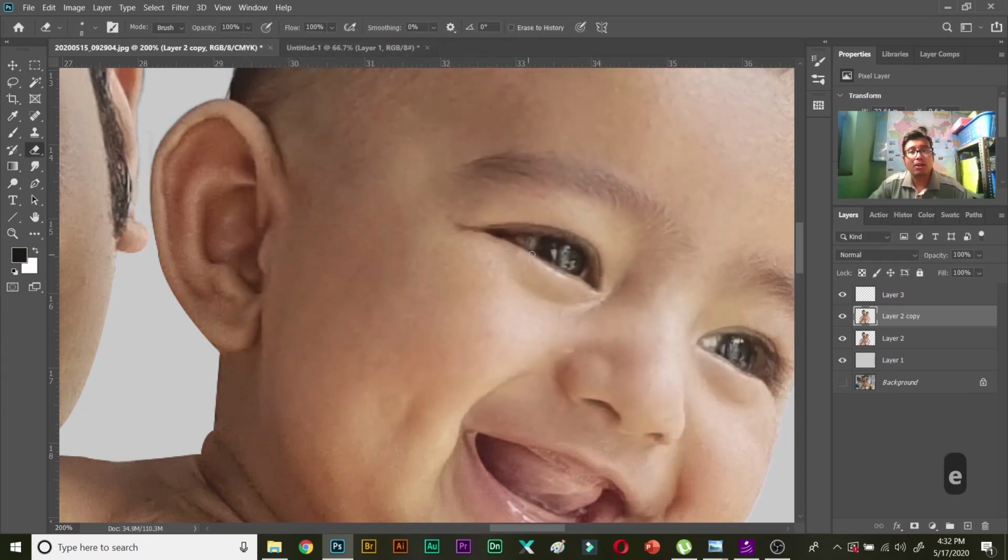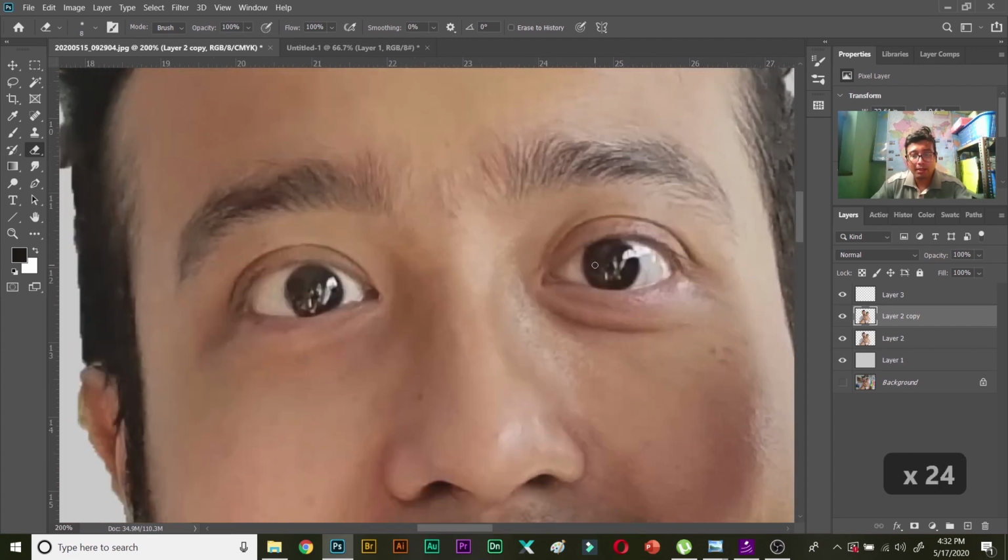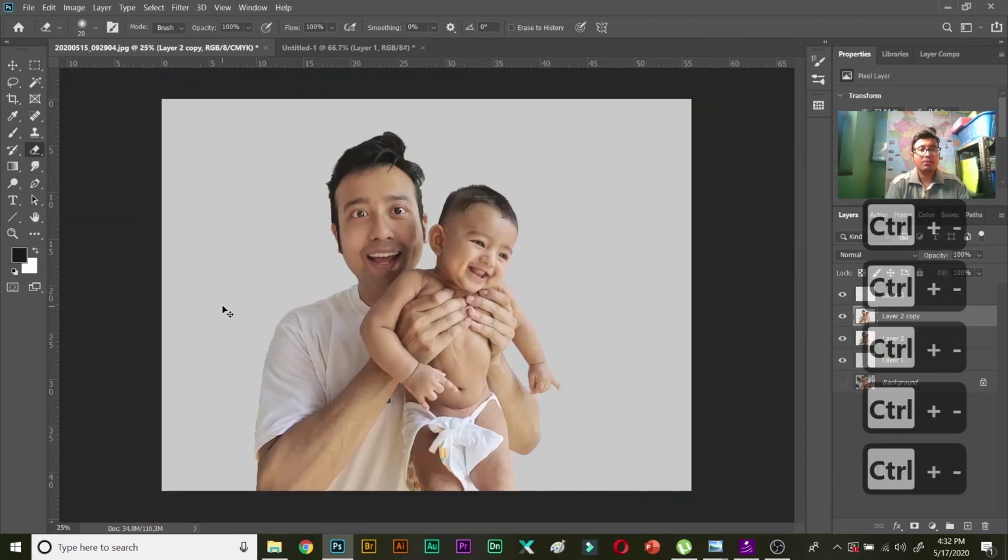So you can always use the eraser brush and bring back the detail of the eyes by just rubbing. The eyes need to be sharp. That's the most important criterion for any good portrait, that is sharp eyes. So it's more or less done.